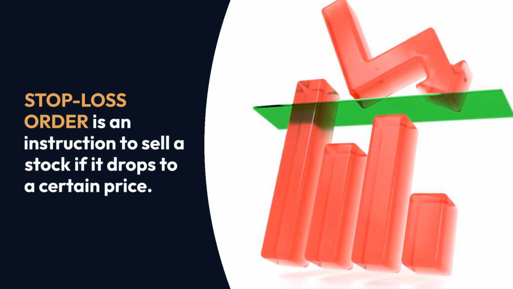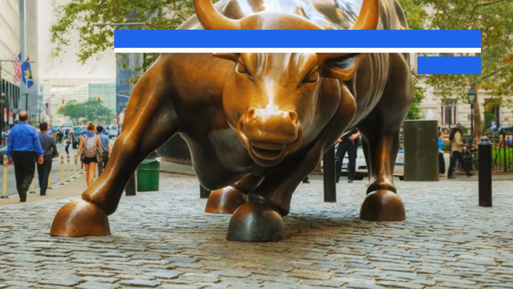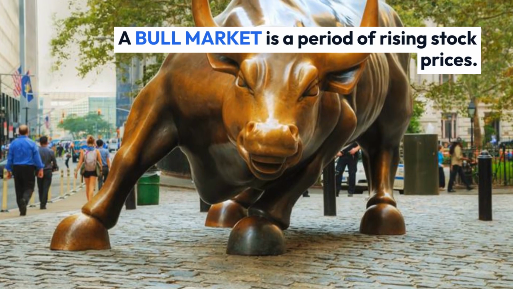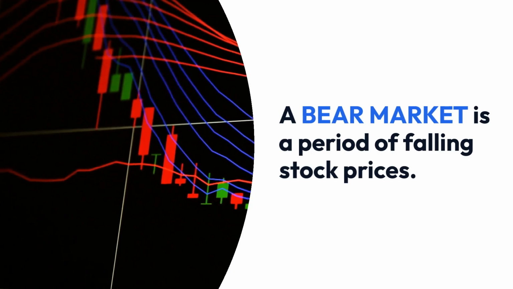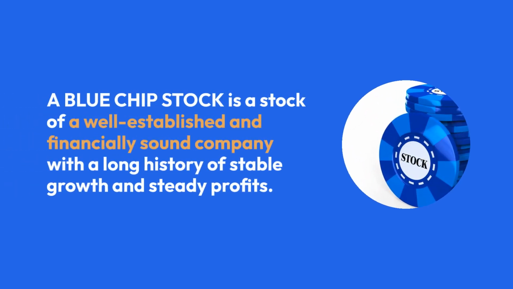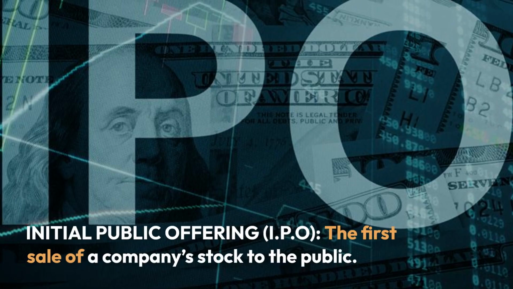Stop-loss order is an instruction to sell a stock if it drops to a certain price. A bull market is a period of rising stock prices. A bear market is a period of falling stock prices. A blue-chip stock is a stock of a well-established and financially sound company with a long history of stable growth and steady profits. Initial public offering, IPO: